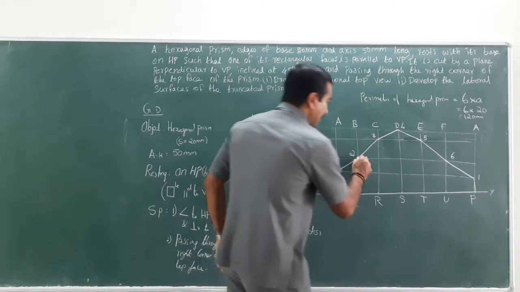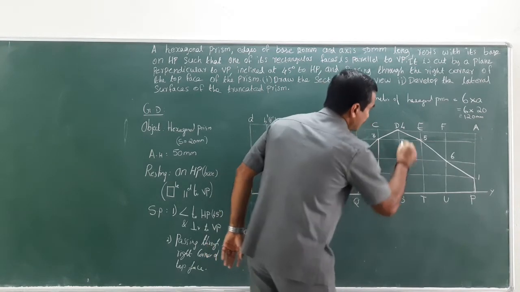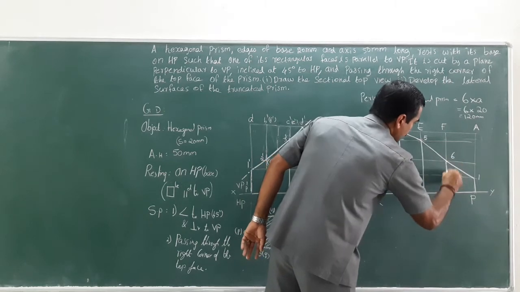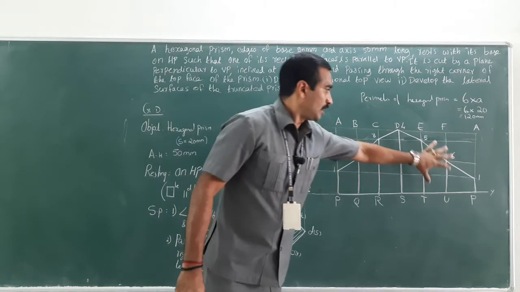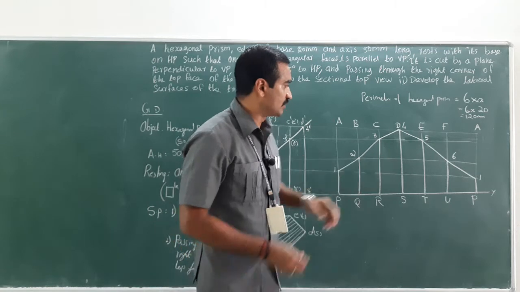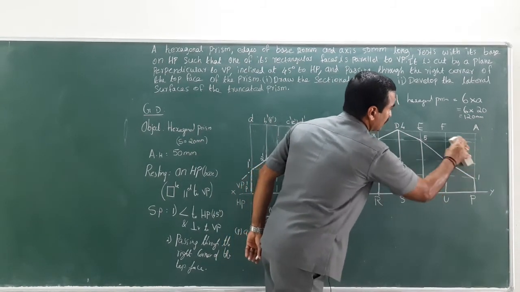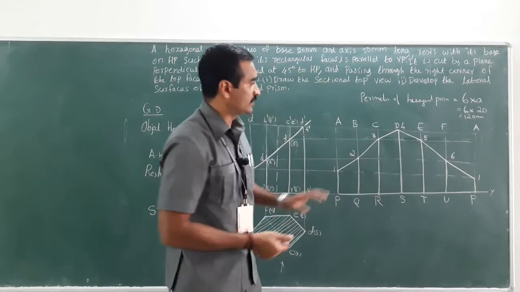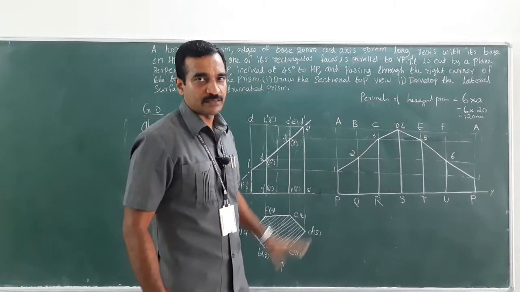Now darken the longer edges because the hexagonal prism has 6 rectangular faces, right. These are longer edges. Just darken it. Clear? Only the object should be visible. Then rest everything should be invisible. That means not invisible, that is a thin line, that is a construction line. So rest everything should be drawn as very thin line. Right. Only this development of lateral surfaces of the hexagonal prism alone should be drawn as dark line.